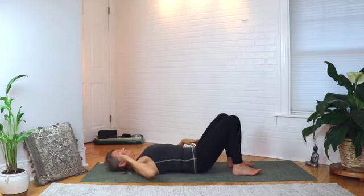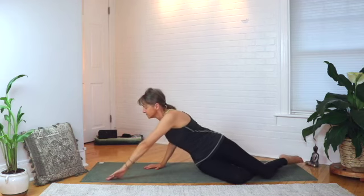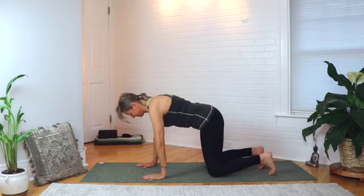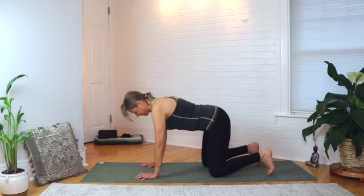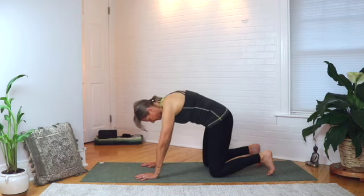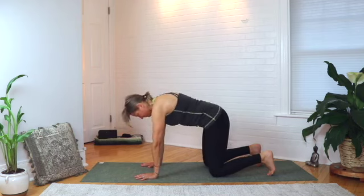We're going to roll on to our right side and come up. Take your time here. No rush here. Coming onto our hands and knees. And wrists directly underneath the shoulders, knees under the hips. So inhale for cow. Exhale for cat. Nice gentle movements, creating a transition between the two postures, inhaling and exhaling,